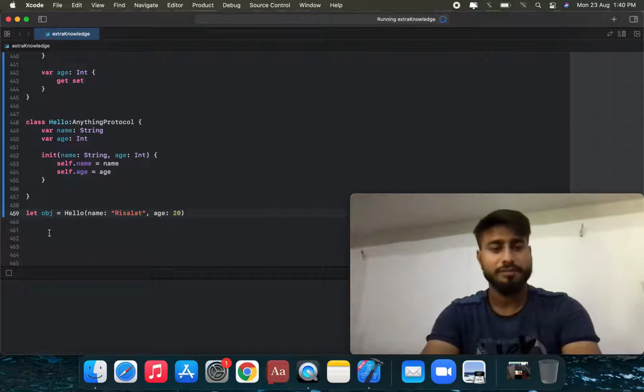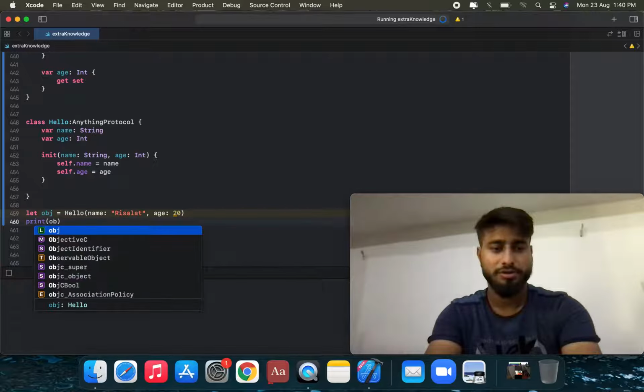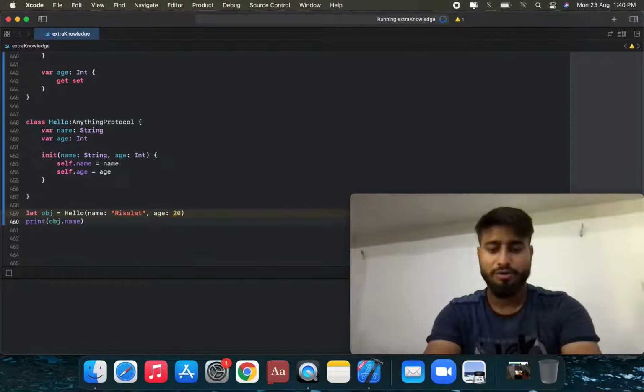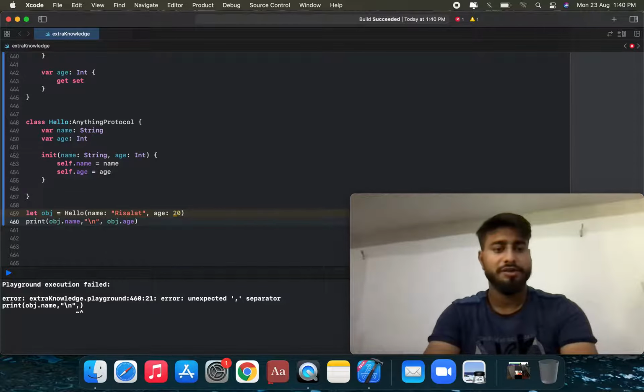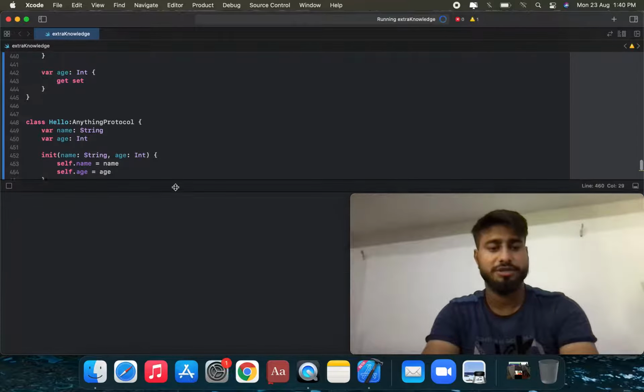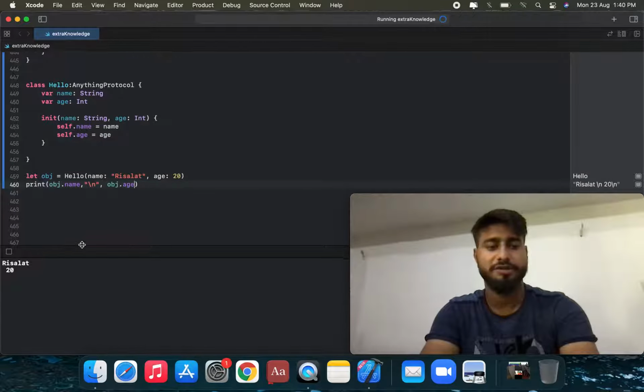We use a print statement with string interpolation: obj.name and obj.age. So it prints Risalat and 20 years of age.